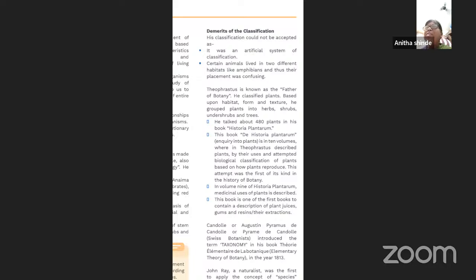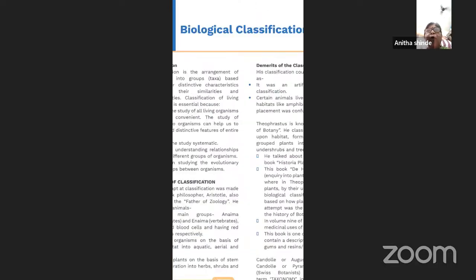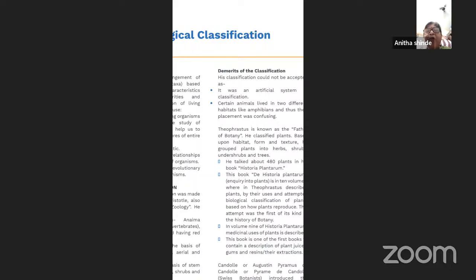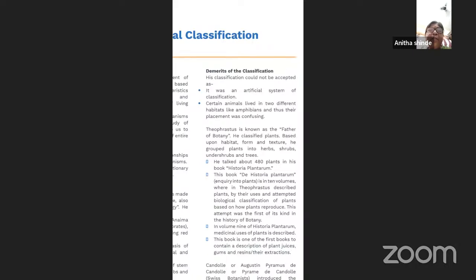Now many of the scientists who followed him later on actually found some faults, and they considered them as demerits. Some of them are merits and some of them are demerits. Merits are very, very few; of course, demerits will be more. Though he made the first attempt at classification, his classification also has some demerits or defaults. Now what are those? They say that his classification could not be accepted because it was only an artificial system of classification. And they argued that the